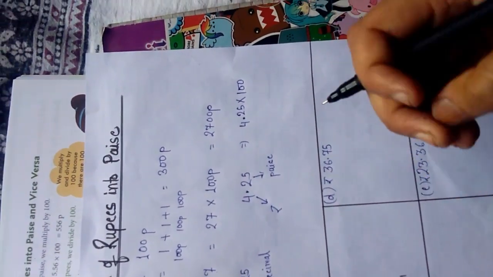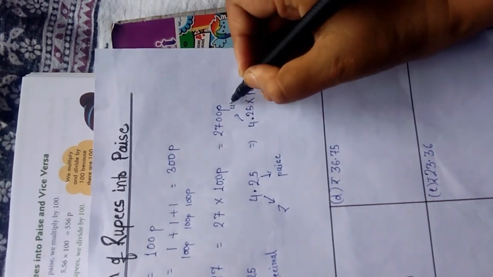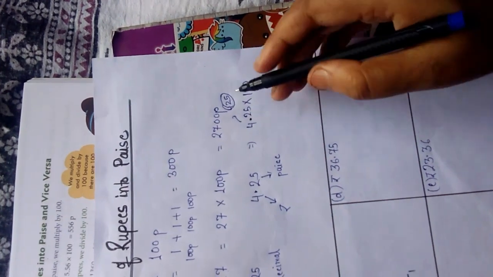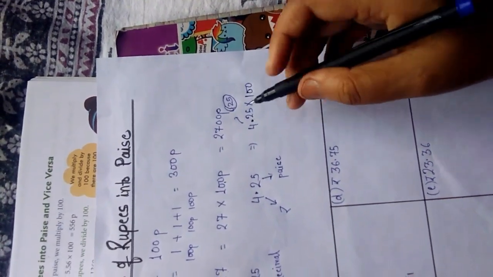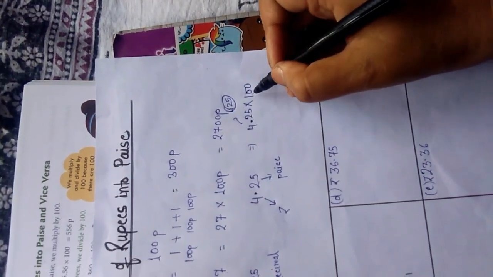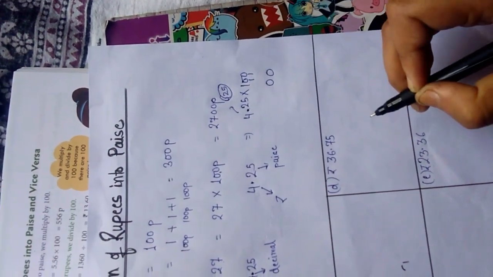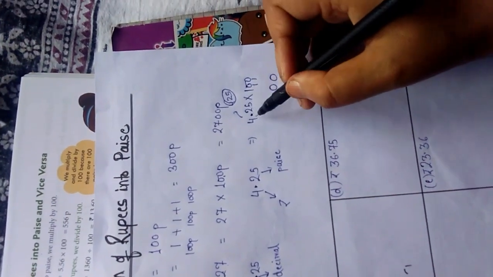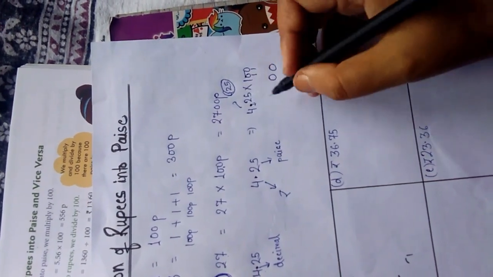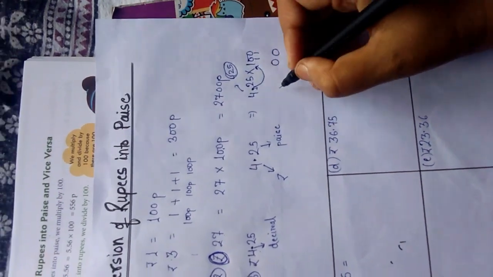For a second we neglect this decimal and take this number as 425. We are neglecting this decimal. Then we already read how we multiply a number by 100, 10 or 1000, so here we should write 00. Understand, students? And when we neglect this decimal and multiply 425, it will be